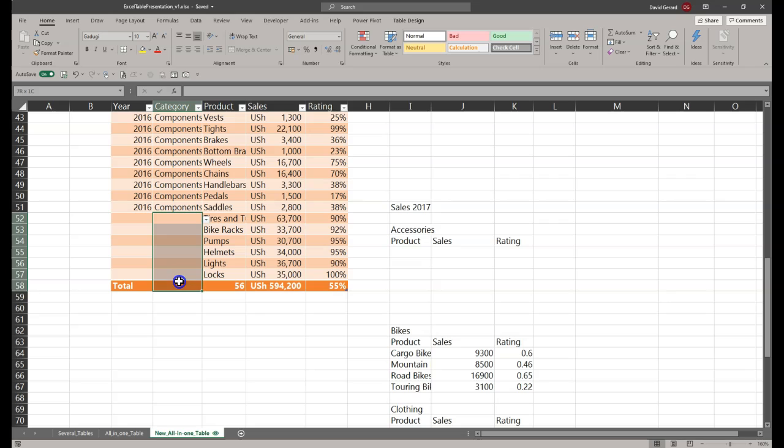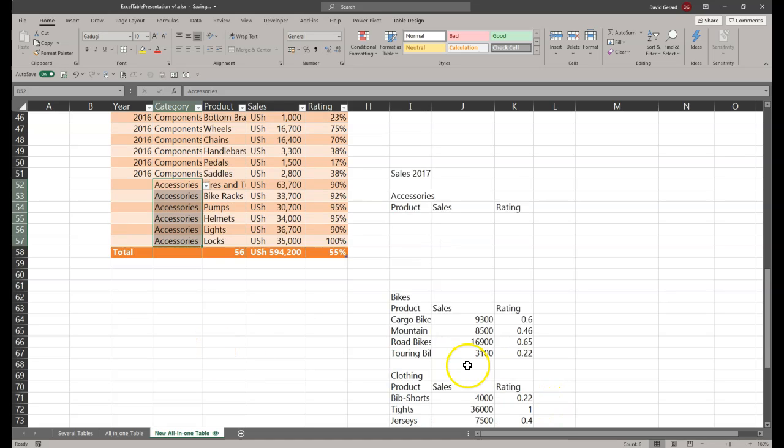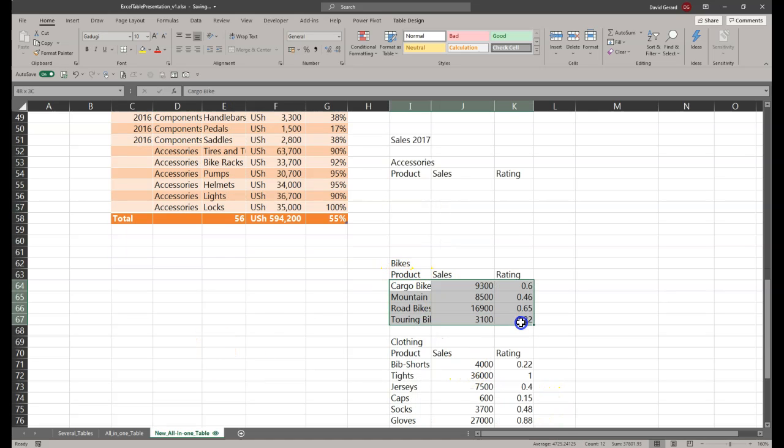That's what we can see. So we have integrated here the accessories. Okay, again, Control Enter to quickly enter all the same value inside all our selected cells. Let's do the same for bikes. We don't copy the headers again. I click on that,